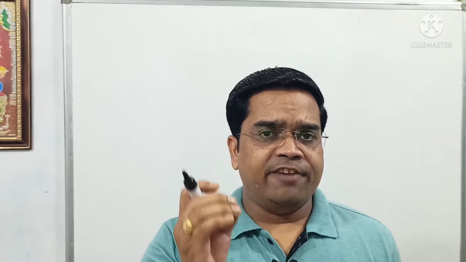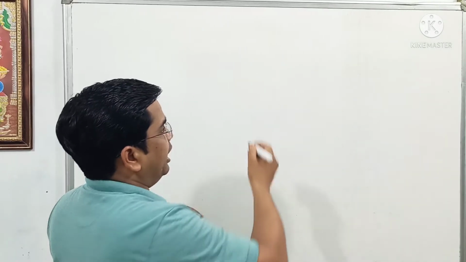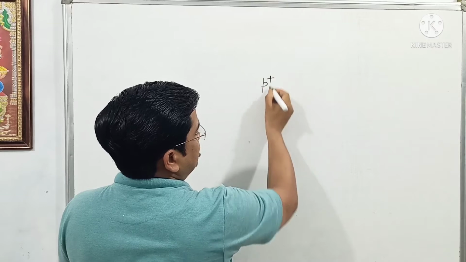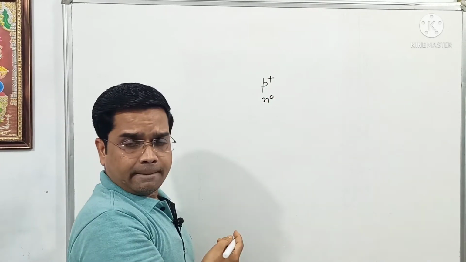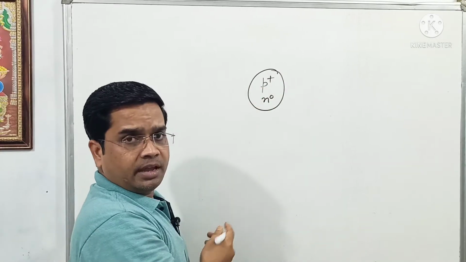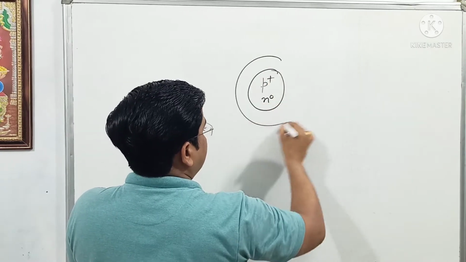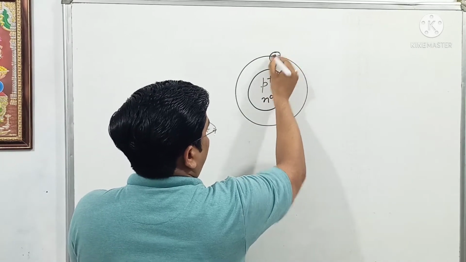As you know friends, 118 elements are known till now. Each and every element is made up of atoms. Each and every atom is constituted by fundamental particles: proton, neutron and electron. Proton and neutron exist simultaneously in the center of the atom, and the negatively charged electron moves around this.